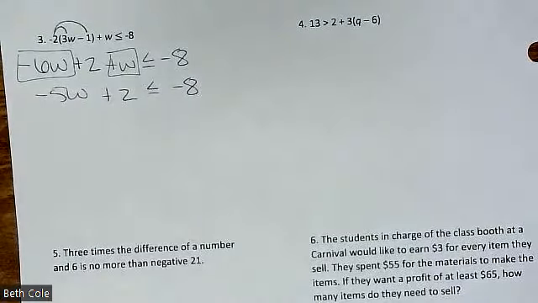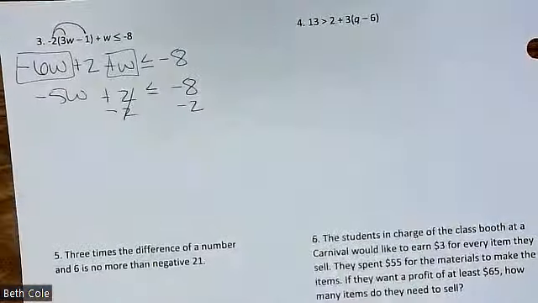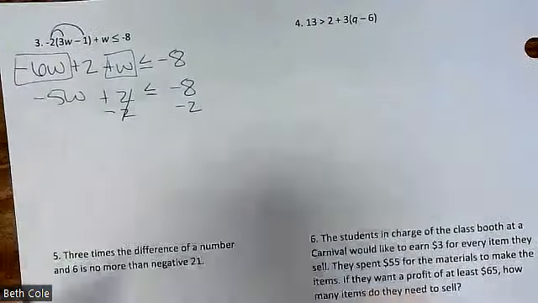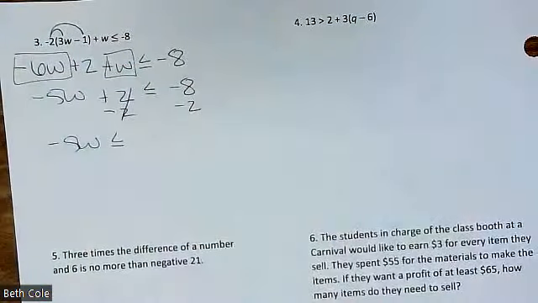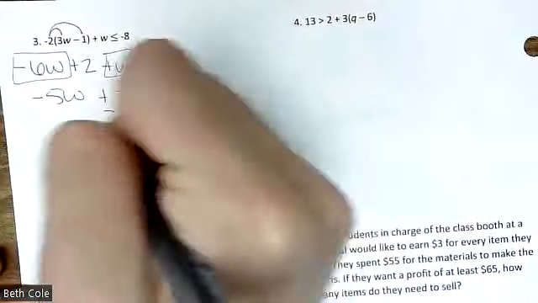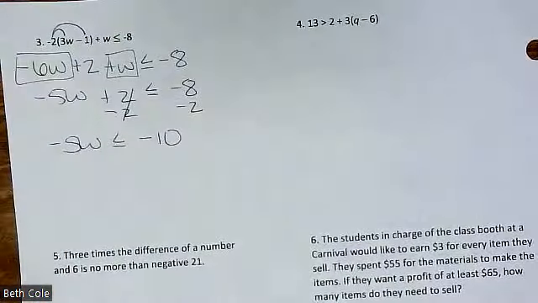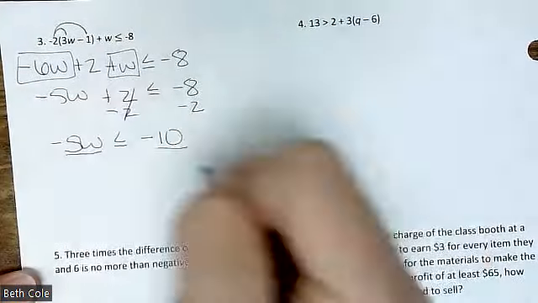Then what? -2. I want to kind of speed this part up for you. So that'll be -5w less than or equal to. All right, -8 and -2 would make -10. Good. And then your last step, divide by